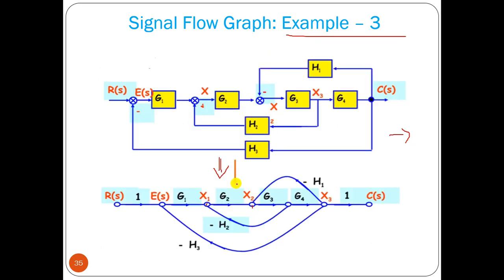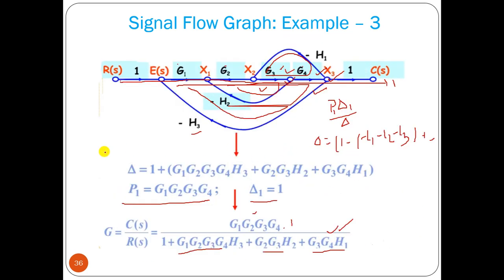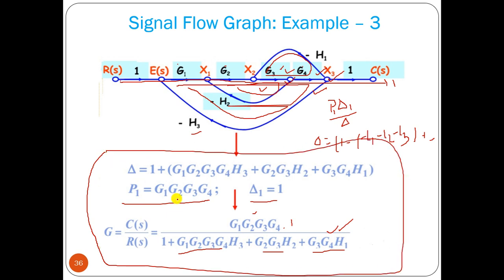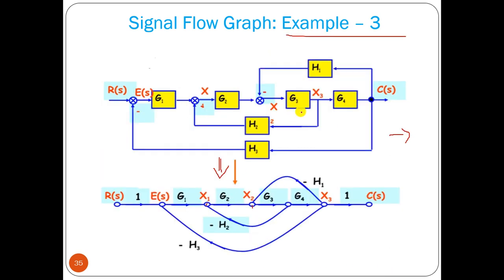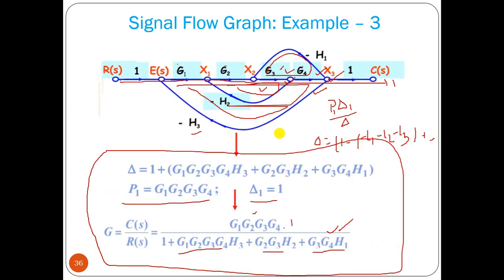So if we know the signal flow graph, we can find the transfer function directly and very easily. If we know the block diagram, then we have to solve it step by step. First we have to shift this takeoff point, then these two come in series, that feedback loop comes in series with that, then another feedback loop comes in series with G1, then another feedback loop. So we have to take more time to solve it. Now you can solve this one using the block diagram reduction technique, and we can see the value will be the same.